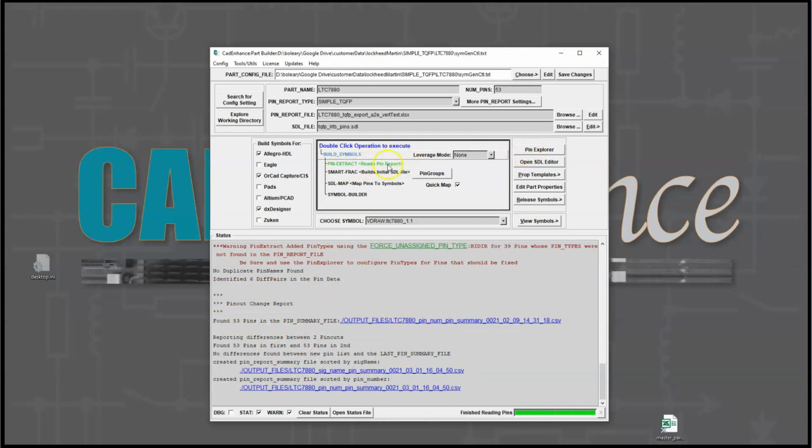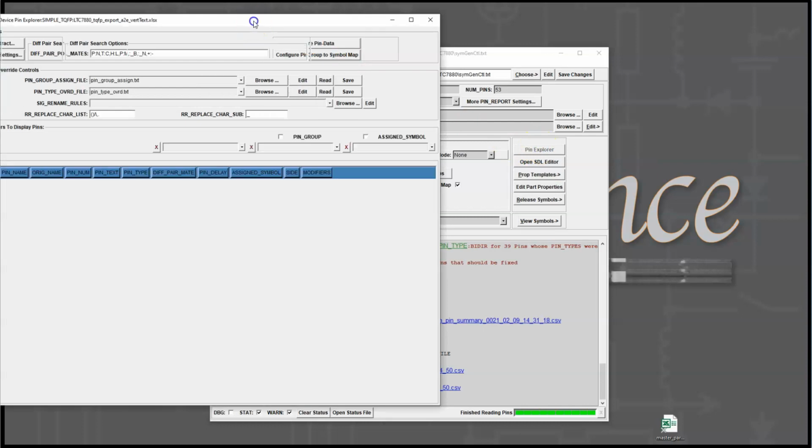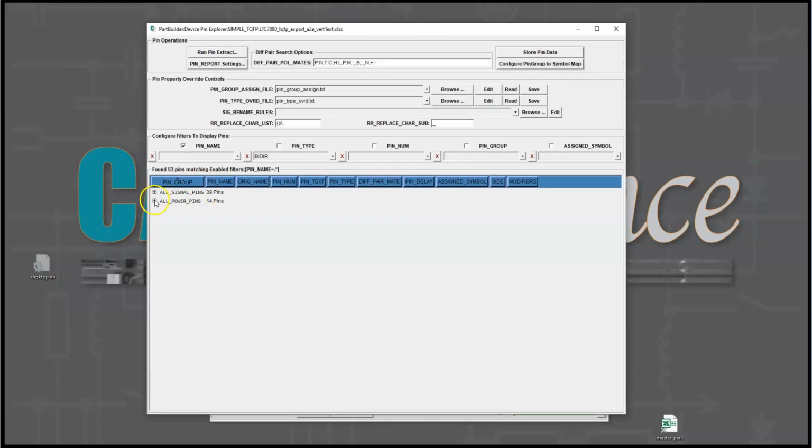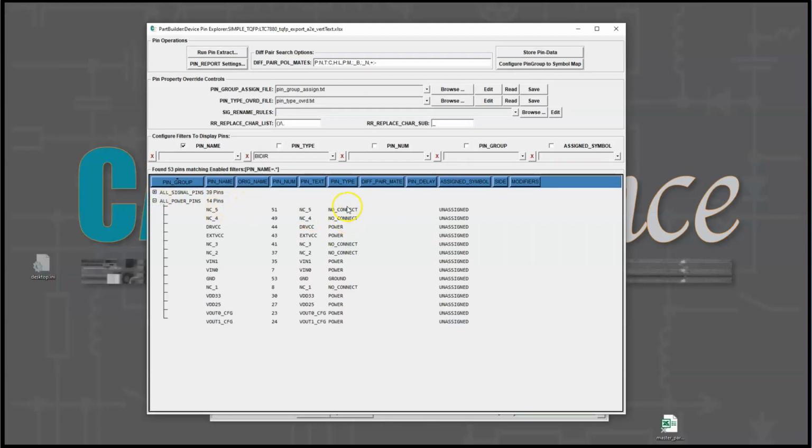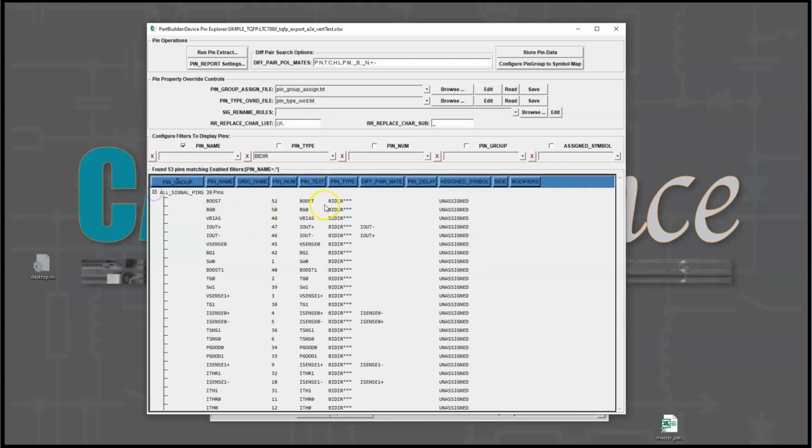Now the next step, sometimes in a spreadsheet like the TQFP, there is no pin types. So what we have to do is go into Pin Explorer and define pin types. Now partBuilder automatically finds the power and ground pins based on pin name matches, and then it also can assign types; if it didn't see a valid type, it'll assign BIDR, and then we can go